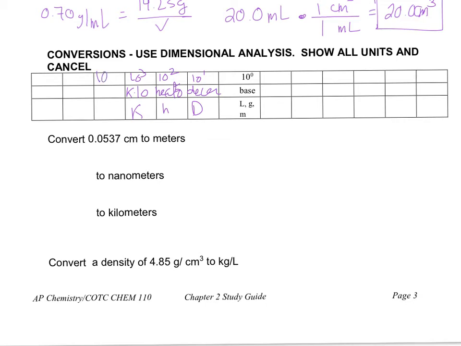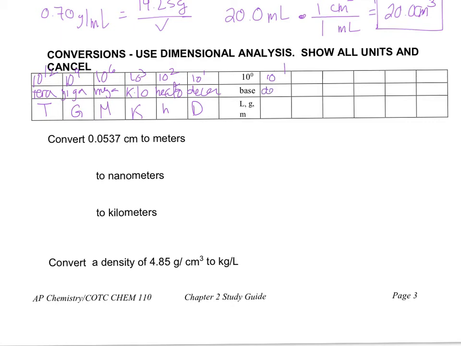We'll jump to 10 to the sixth. That's a mega, which is capital M. So if you have a megameter, that means you have 1,000,000 meters. 10 to the ninth is a giga, capital G. So a gigabyte, that means 1,000,000,000. And then 10 to the 12th is a tera, capital T. On the other side, to the right, that gets smaller, so 10 to the negative 1, that would